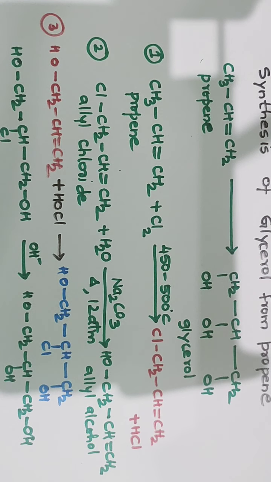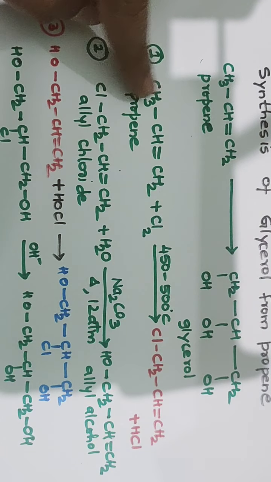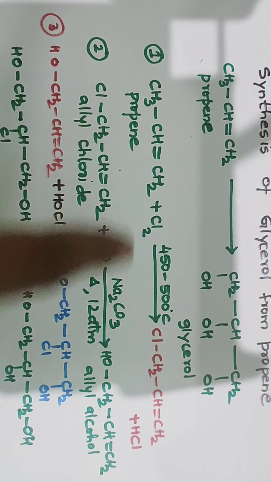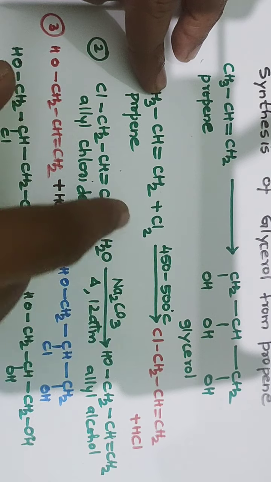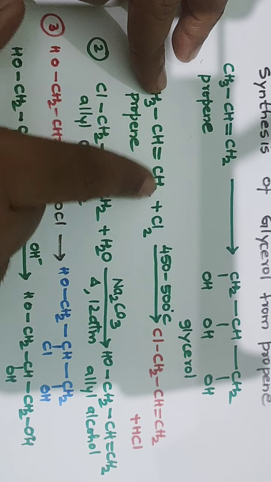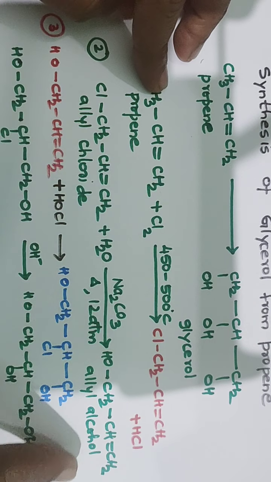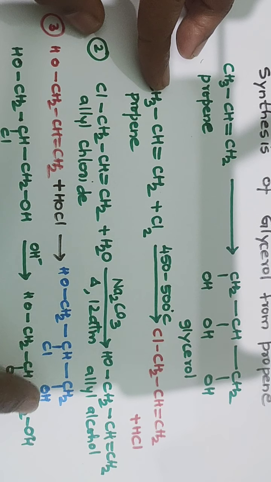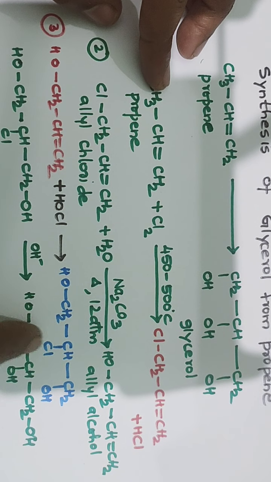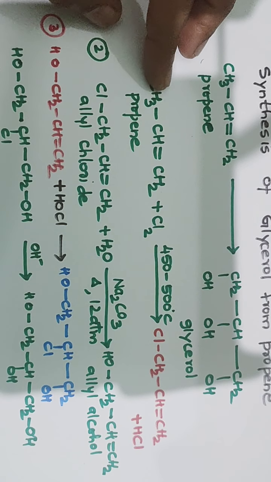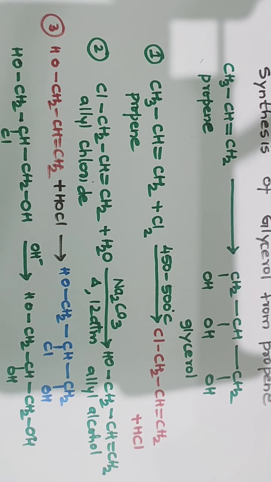See, so the preparation of glycerol from propene involves three steps. So in first step, hydrogen is replaced by chlorine, and that chlorine is replaced by OH. Okay, we got one OH. Then addition across this carbon-carbon double bond takes place, HOCl addition. So Cl adds to this carbon, OH adds to this carbon. So we got another OH, right? We got another OH. So what we require is, instead of this Cl, we require OH. So it is subjected to hydrolysis. So you end up getting glycerol. So these are the three steps that are involved in the preparation of glycerol from propene.